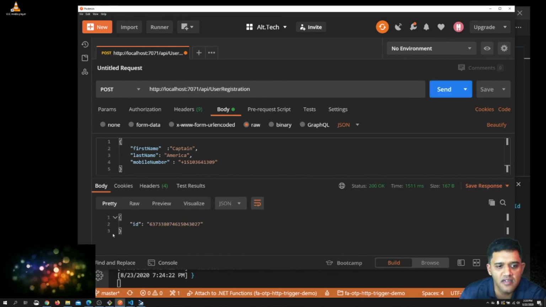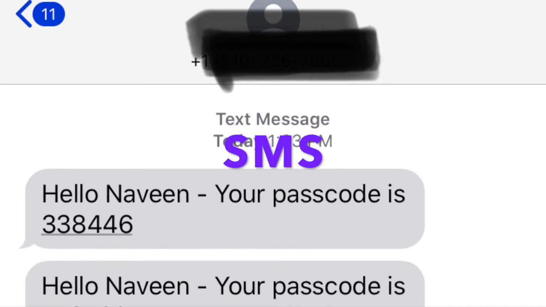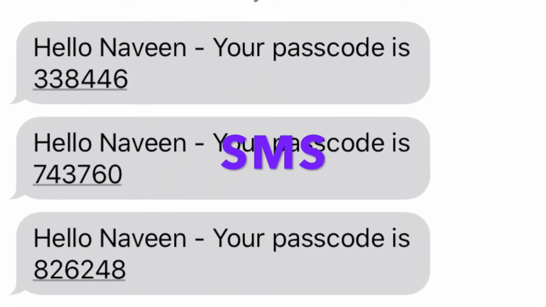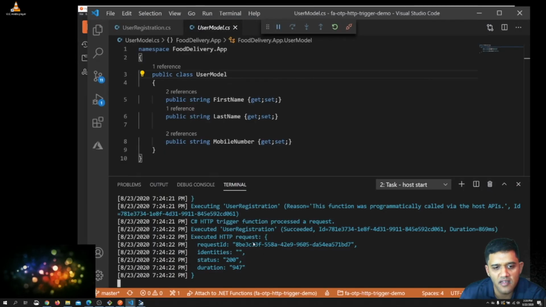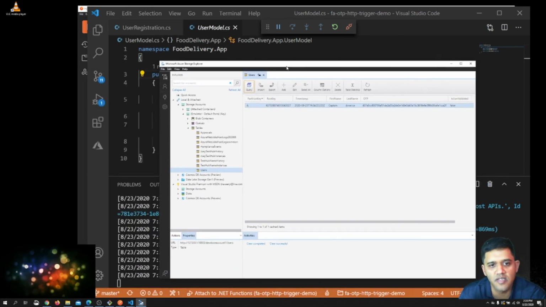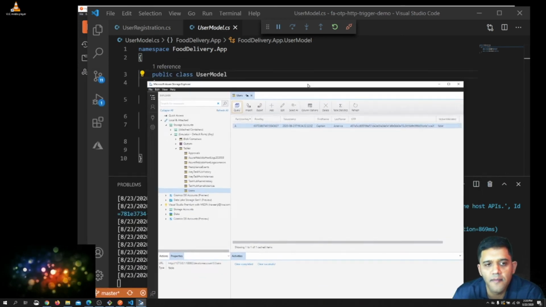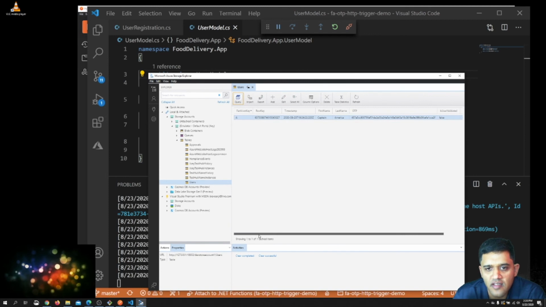So I see a record here. I see this row ID being generated here, and I see that there are no errors, everything has gone through. So let's look at the database and see what is coming there. I see the users table created. Let me walk you through this quickly. I see this users table being created.